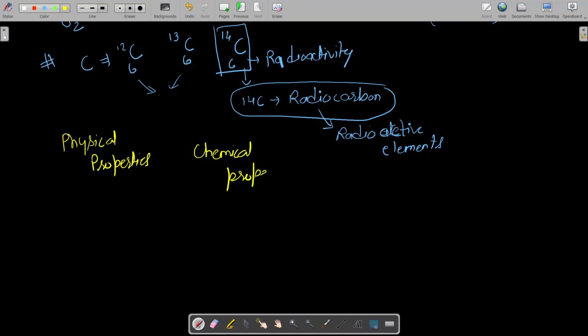If we are talking about the properties of any element, they are divided into two parts: physical and chemical. It's very simple, because NaCl is a simple salt having two kinds of properties. One is the physical property, which looks white and a little granular in nature, and the chemical properties,